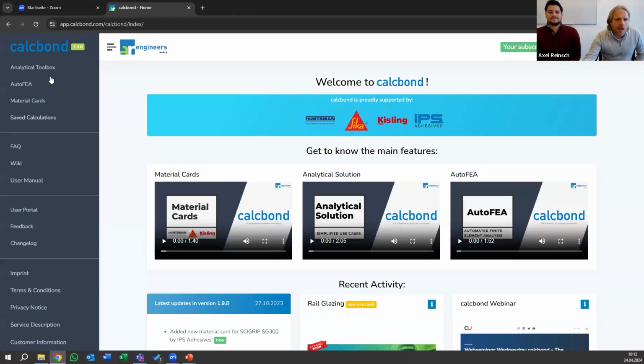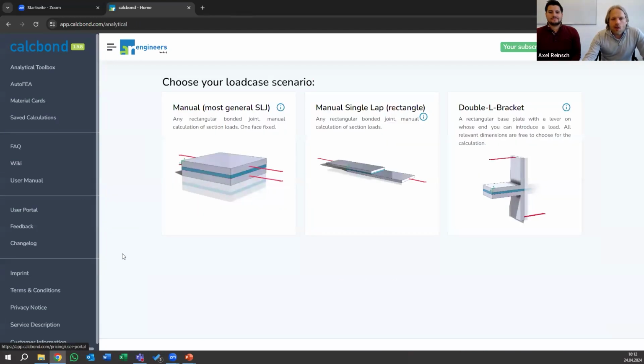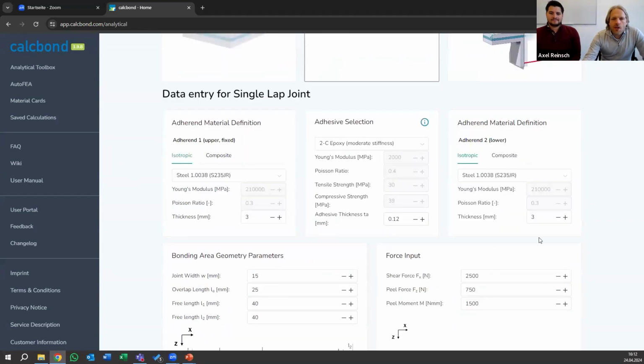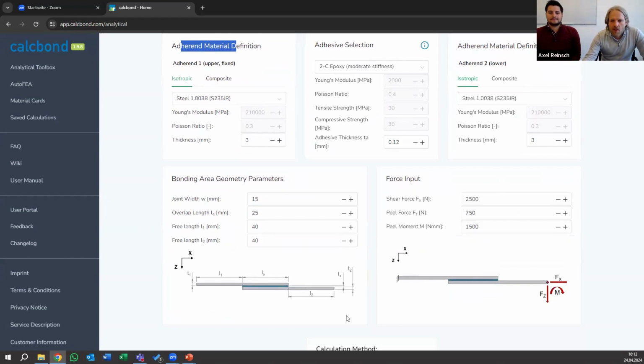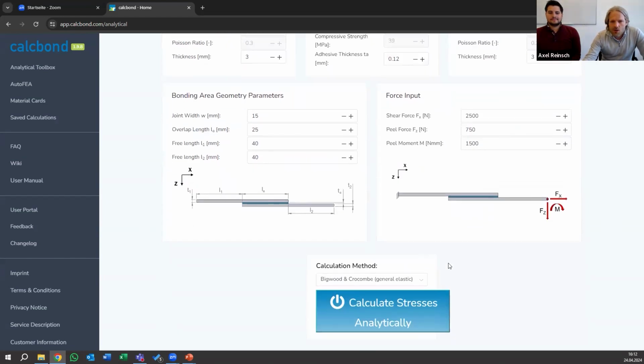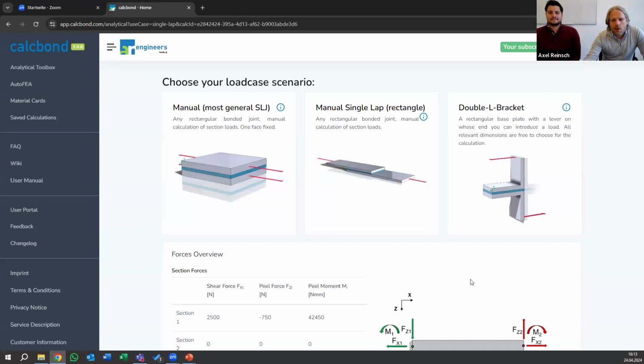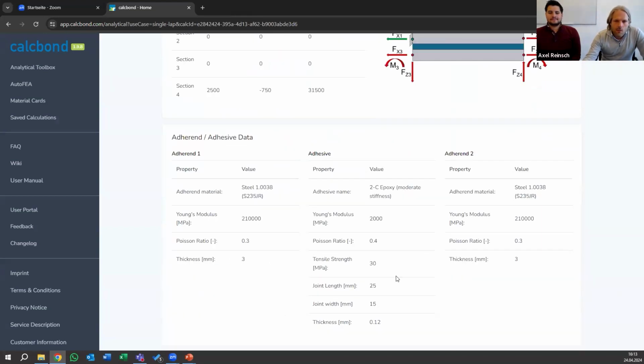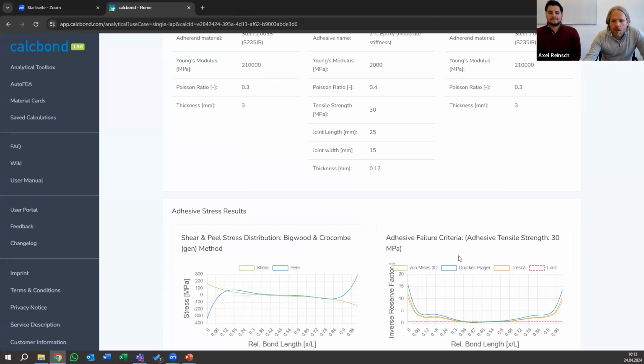On the left-hand side, you have a navigation bar, and top down, you have the analytical toolbox, where you can go straight forward into a use case based on analytical methods, just picking randomly the middle one to show you how it generally looks. You have the adherent definition, of course, adhesive selection, and the second adherent definition. Further on, you define the single lap joint geometry, and you can go straight away on calculate, and you get your data. As I said, we have a YouTube channel for that, explaining in 20-25 minutes what you could expect here